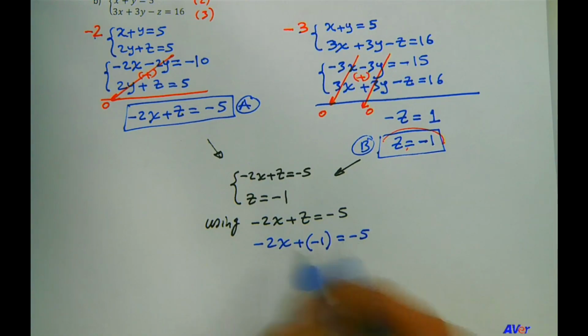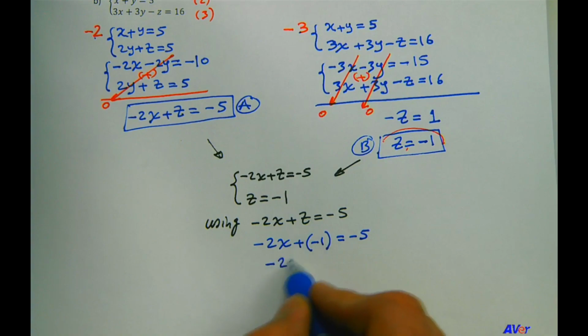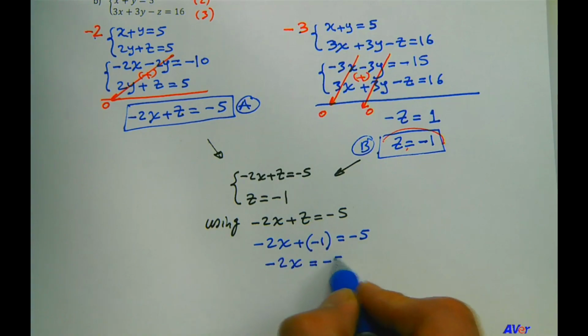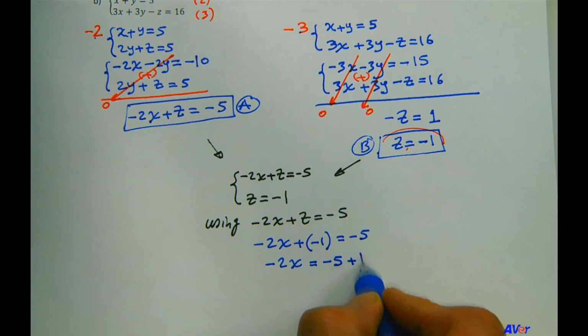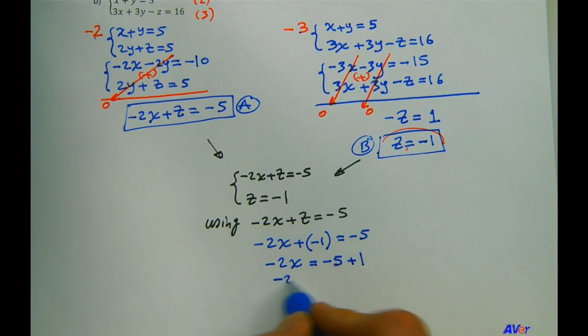Okay, let's solve for x. So I'm going to move this negative 1 to the other side. It'll be positive when I move it, right? Negative 2x equals negative 5 plus 1. Then let's add those two together. We end up with negative 4. So from this